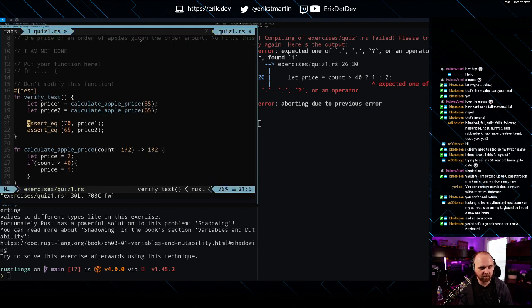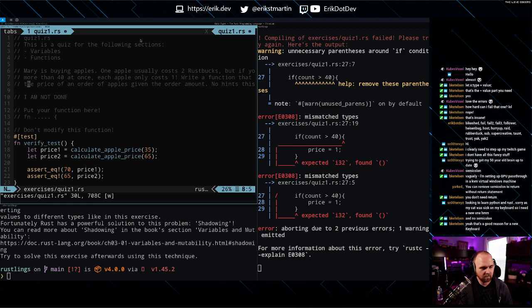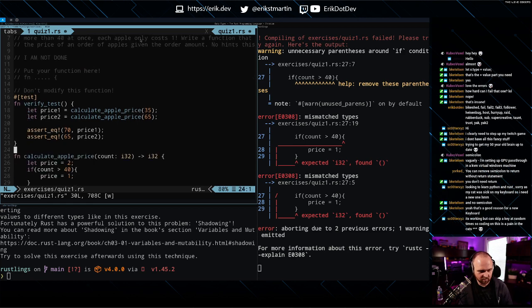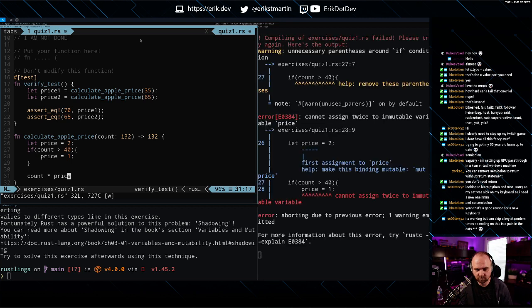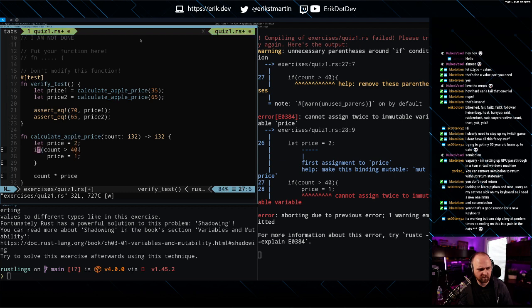Was it greater than or greater than equal? More than 40 at once, each apple only costs $1. Okay. And then we can do a count times price. No parentheses.